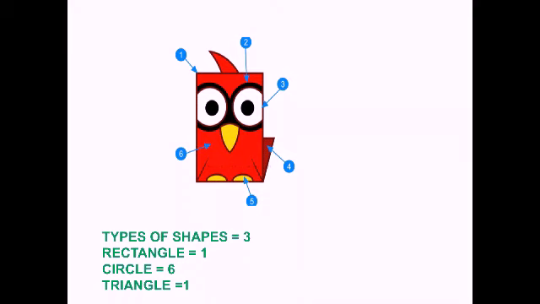Okay, in this figure, look, there are 3 types of shapes: circle, rectangle and triangle. First look here, the eyes of the bird that is given here, the owl. The black border of the owl's eye, that is one circle, the inside white portion, that is also circular, and inside that circular portion there is a black dot, that is also circular. So one eye of an owl has 3 circles. So 2 eyes will have 6 circles.